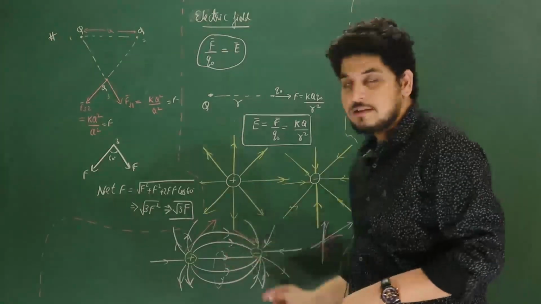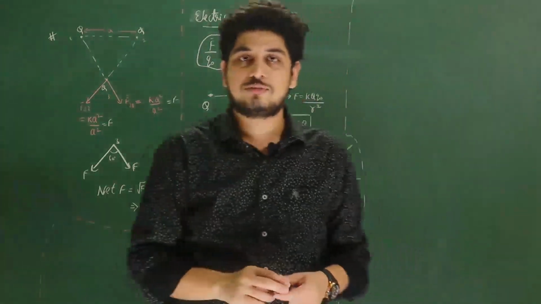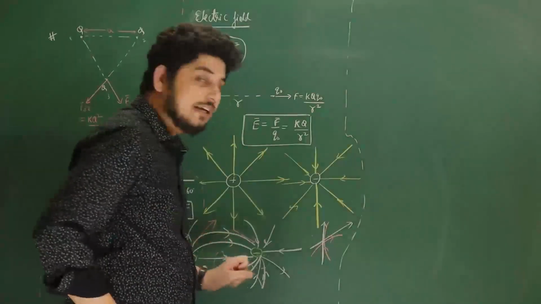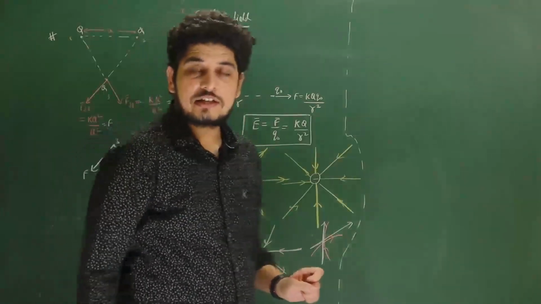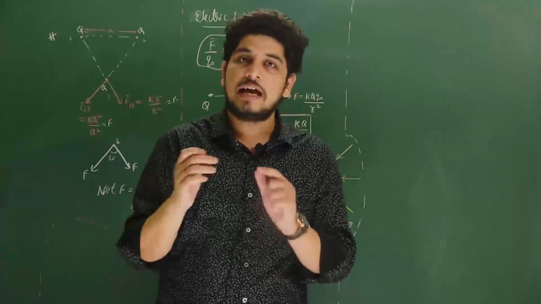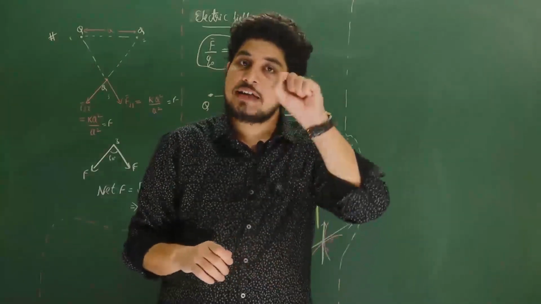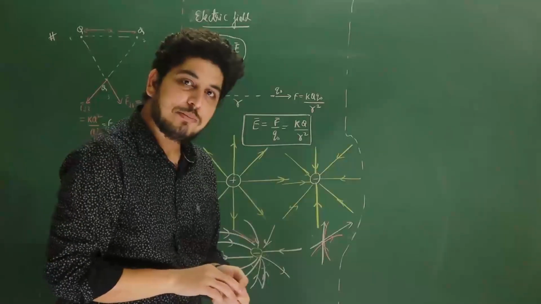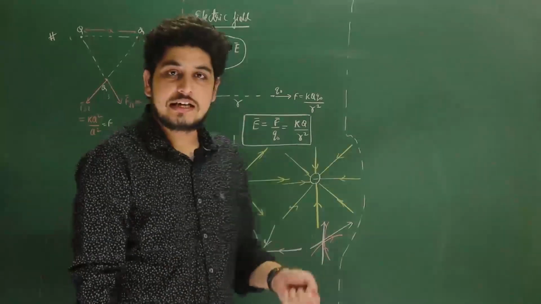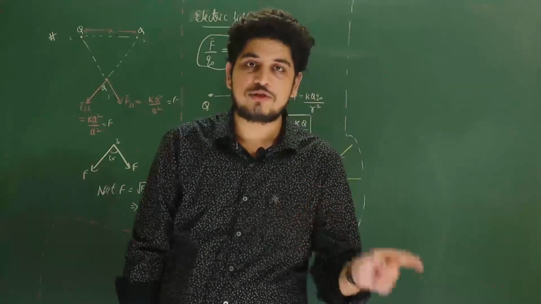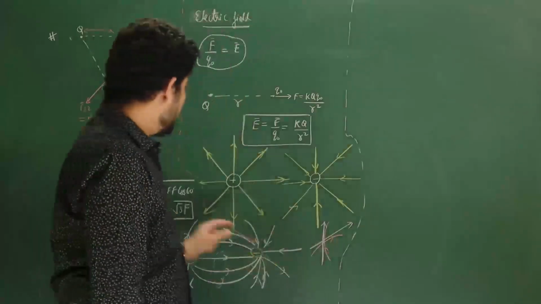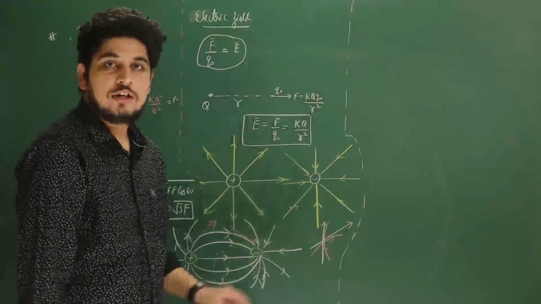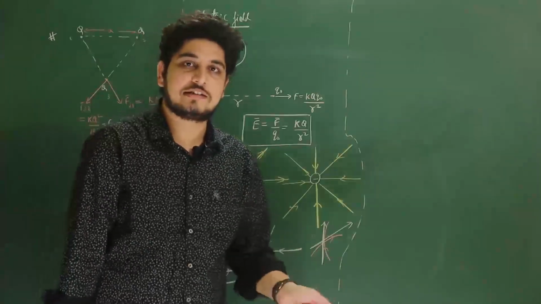This is also known as electric field lines of forces, because at any point on the field line, the tangent gives the direction of the electric field, and if you place a charge on that point, then that force will act along the tangent. Getting my point? So this is also known as electric field lines of forces. This is what we have studied. So please note it down, then we will start the next thing.